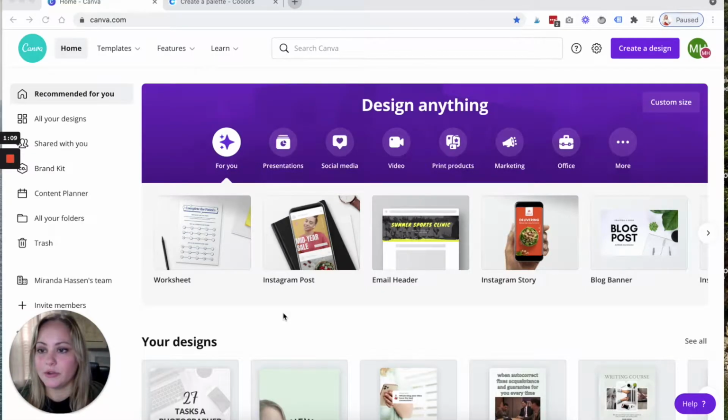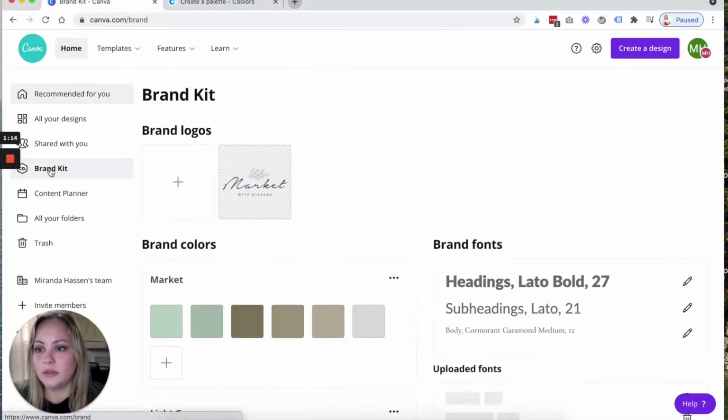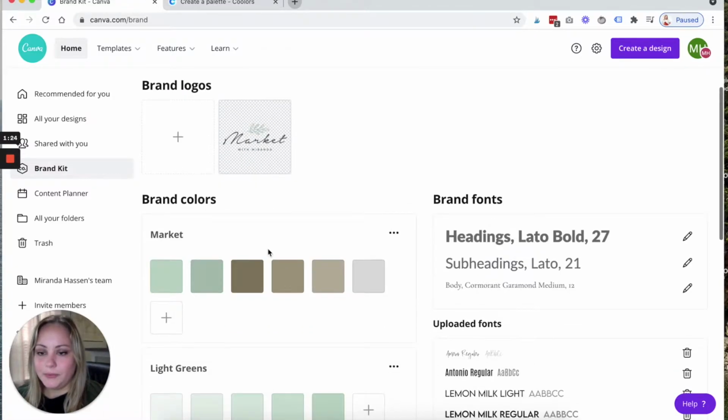So the first thing I want to show you is setting up your brand kit. If you do this first thing, it's going to make your life a whole lot easier when you're making graphics for your own business. I have mine set up here. This is my main palette that you see on my website and on my blog. And I noticed when I'm making graphics for Pinterest and Instagram especially, I